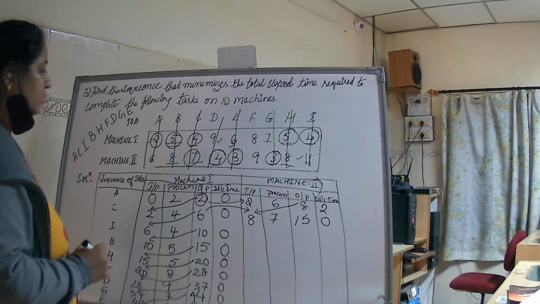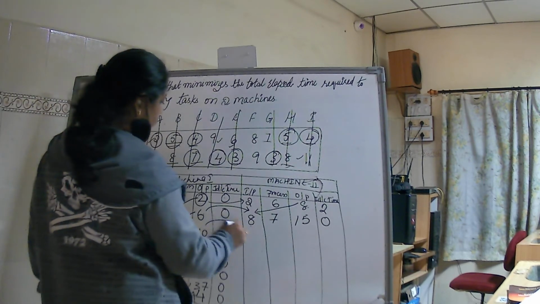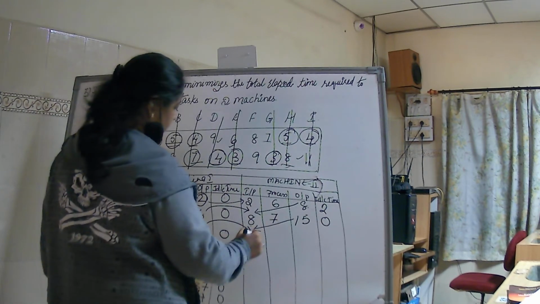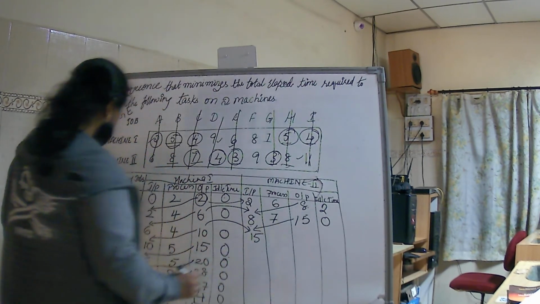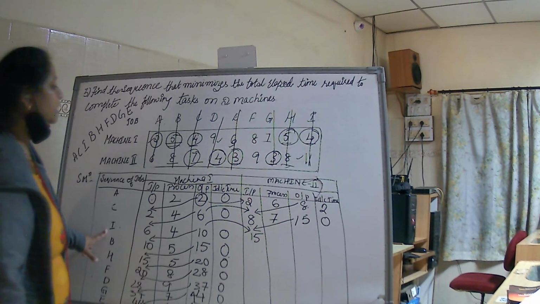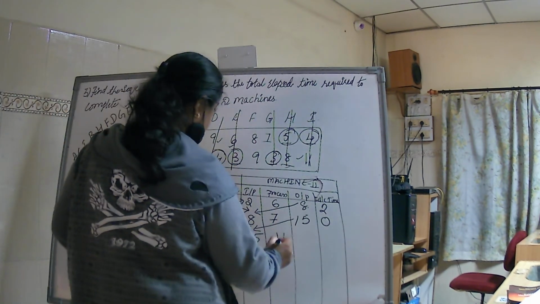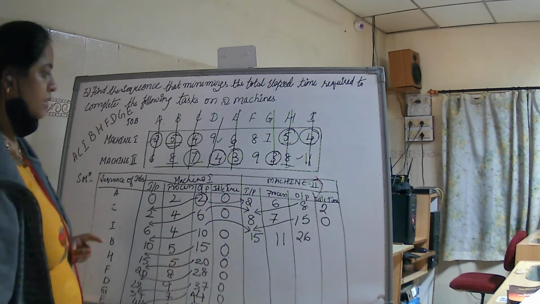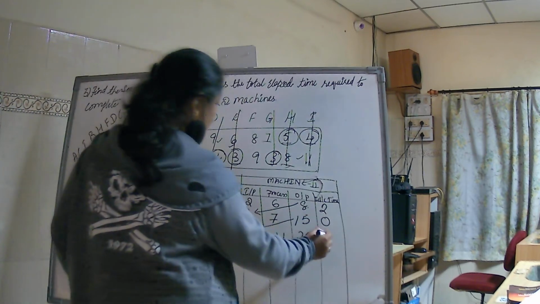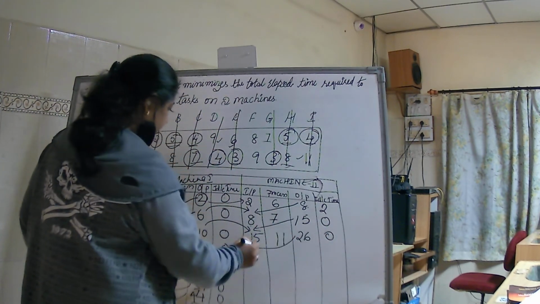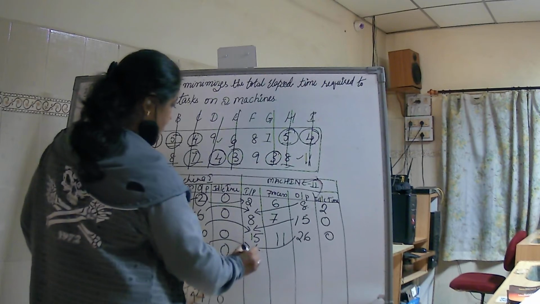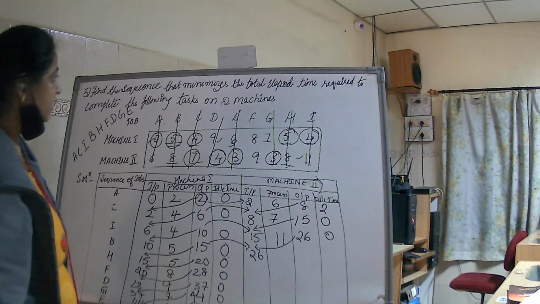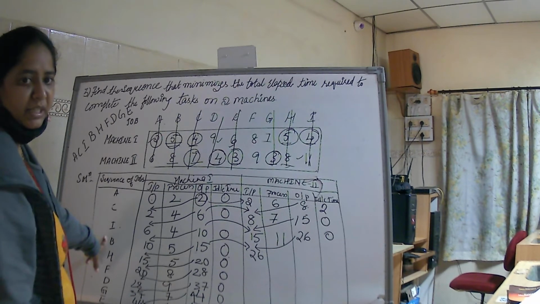Okay students, so the next, again you need to consider the maximum value, that is 10 and 15. So 15 is the highest value. The process value for I, machine B, is 11. So it would be 26. Okay students, then idle value again will be 0. Then 26 and 15, which is the highest? 26 is the highest. I will be taking as an input 26, and the process value for B.